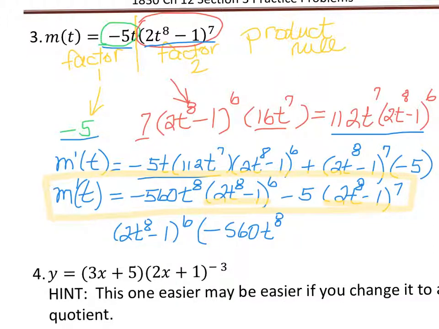And if you factor it out of the second term, what you have left is negative 5 times 2t to the 8th minus 1 to the first power, because 6 added to 1 would give you that 7 back. And you wouldn't necessarily have to write that 1, but you would want to close the whole thing with parentheses. So this is equivalent